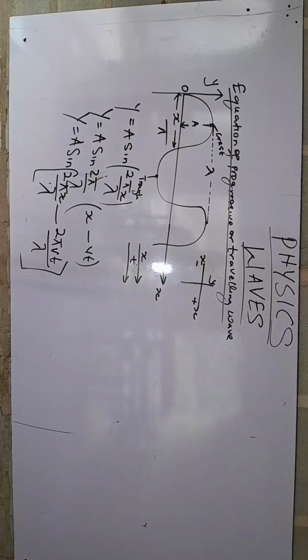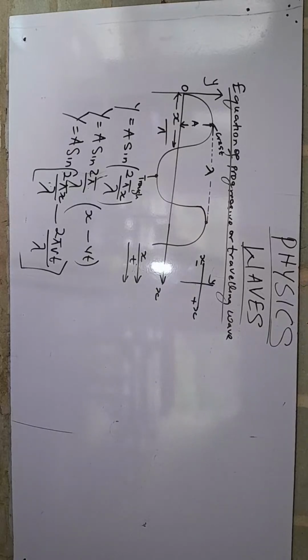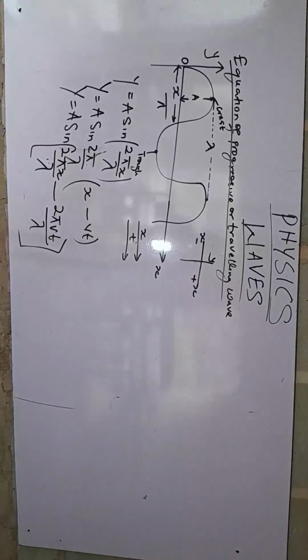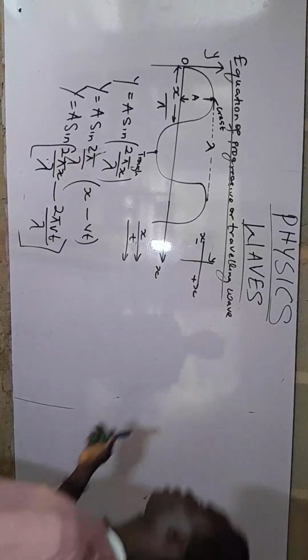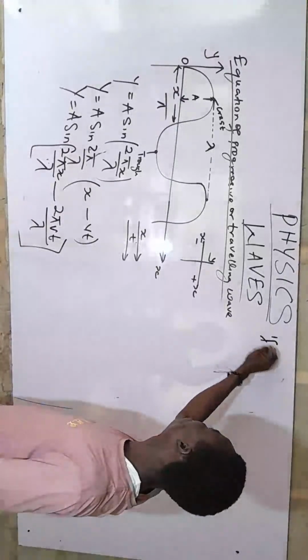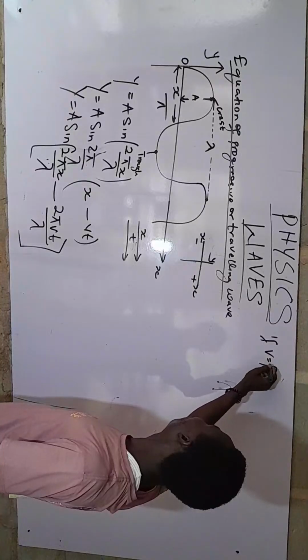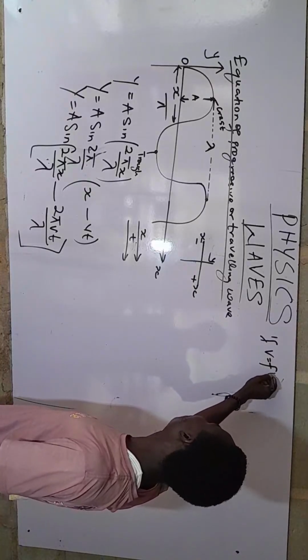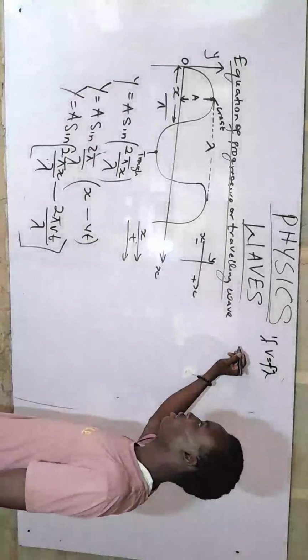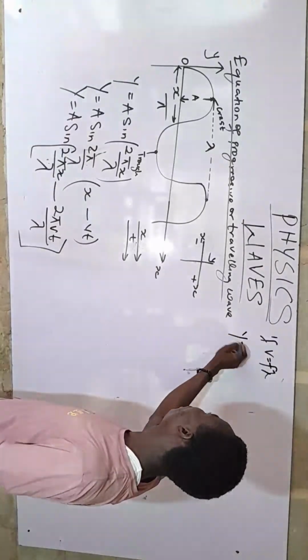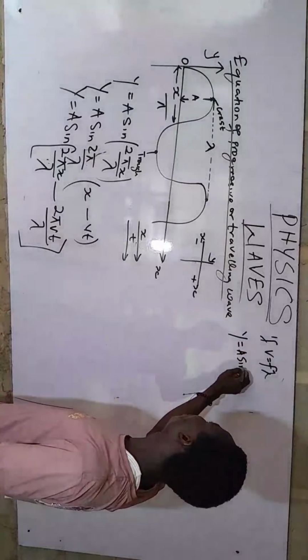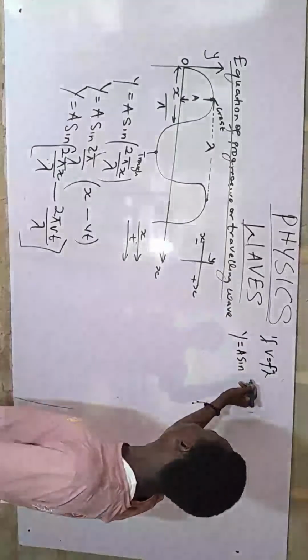We are deriving. So the next thing you are going to do, you move to the other hand. So you have to begin to recall some things which are very essential. What are those things that you need to recall right now? You need to recall that if v equals frequency times the lambda itself, then we are going to have y equals a sine followed by